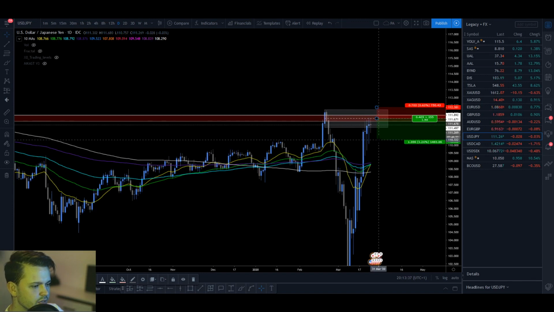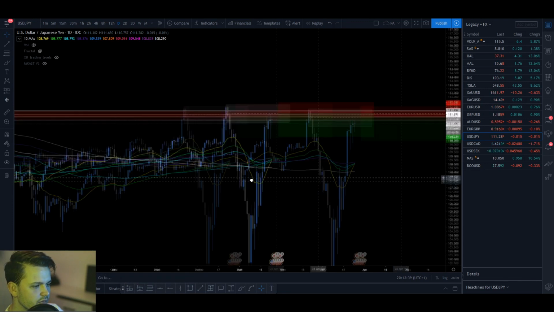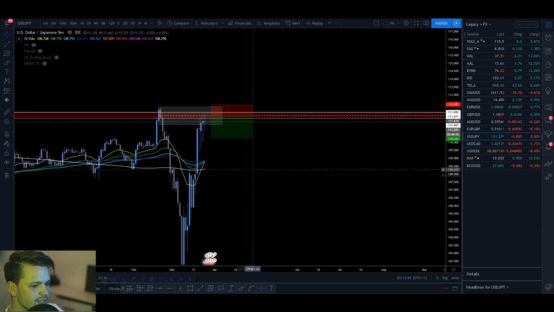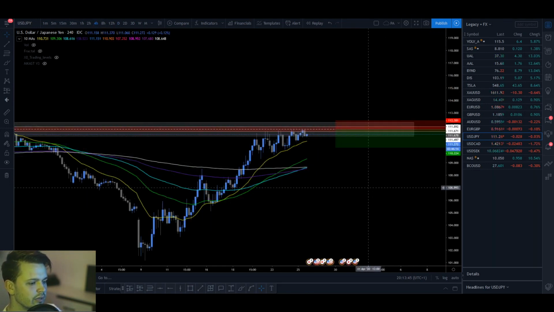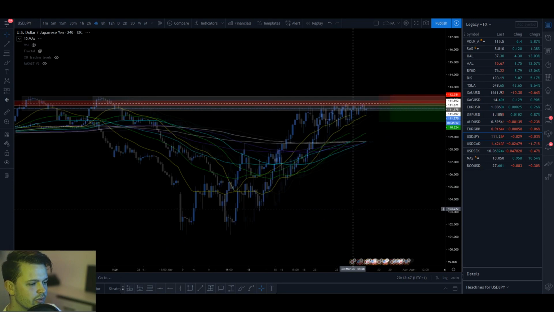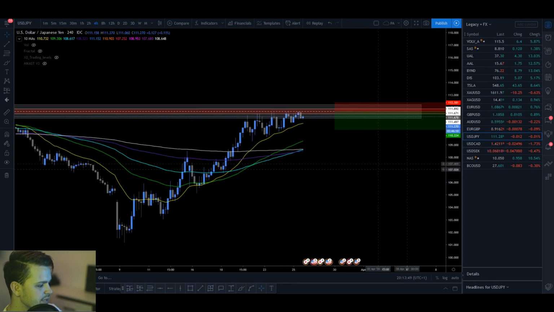Take profit at the first trouble area, which is down here, for a good 2 hours. So this is a decent setup, right? I like this one. Let's look at the 4 hour. Well, the 4 hour uptrend is